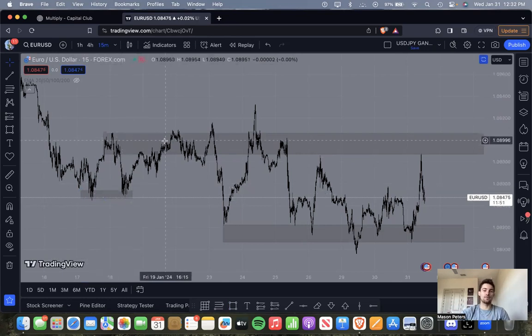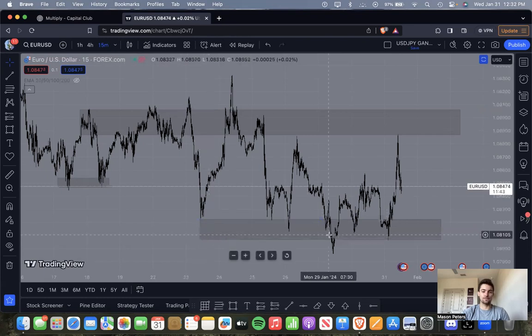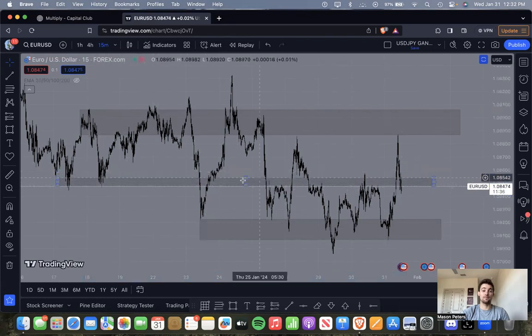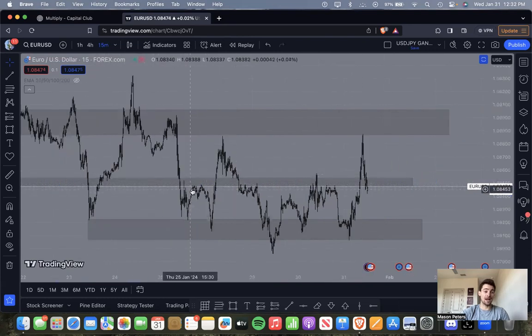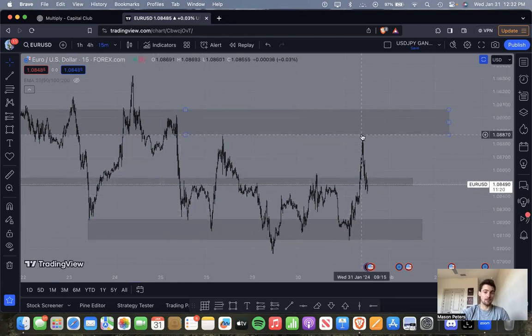And then what? It comes back up into where? $1.09. People supply, people sell, it comes back down and makes a lower low. People demand euro at $1.08, right? It pops back up. Okay, we extend our previous demand outward. People are starting to supply euro at $1.0850. So boom, it sells down, comes back up, sells back down, comes back up, sells back down, comes back up,